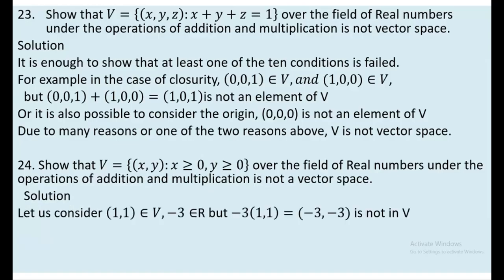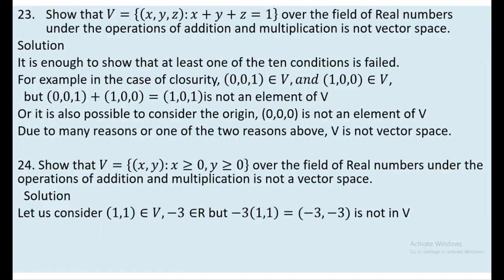Let's consider an arbitrary ordered pair 1, 1. We know that 1, 1 is an element of V, because x is 1, which is positive, and y is also 1, positive. So it is an element of V. So if you take -3 from the set of real numbers and multiply 1, 1, you are going to obtain -3, -3. And this -3, -3 is not in V, because for an ordered pair to be in V, both x and y must be